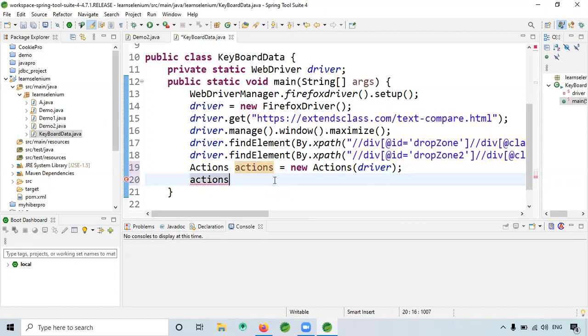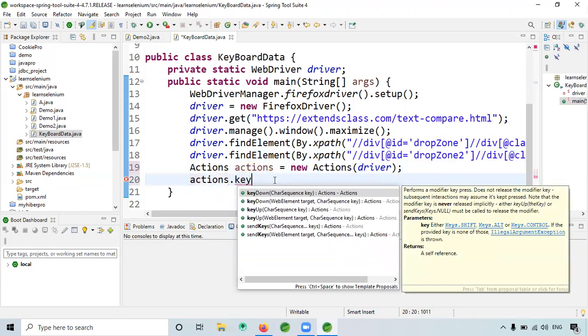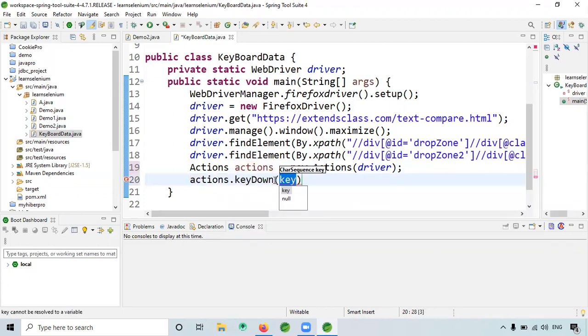So for that, it will be something like this: dot keyDown. Pass this web element.